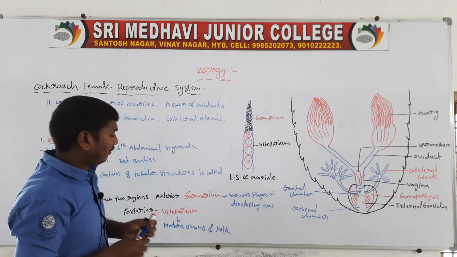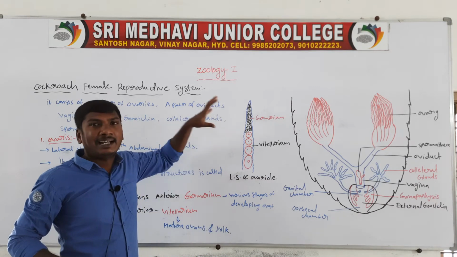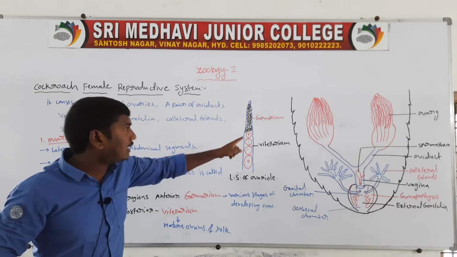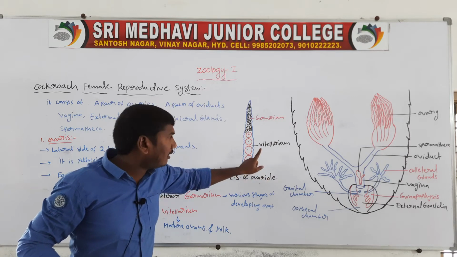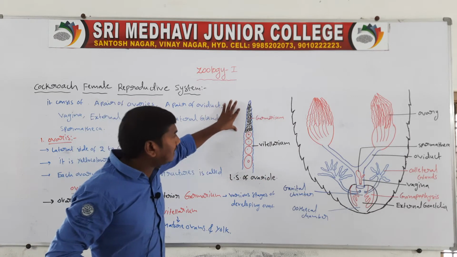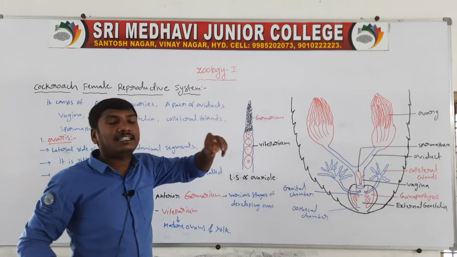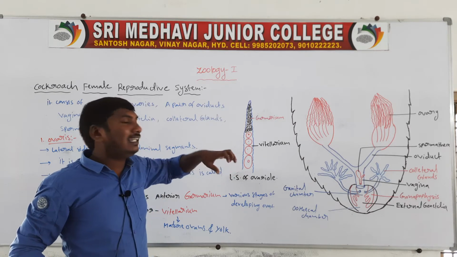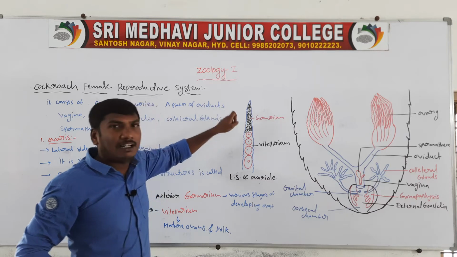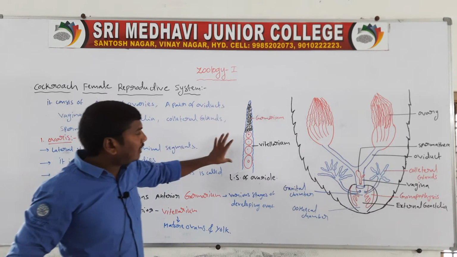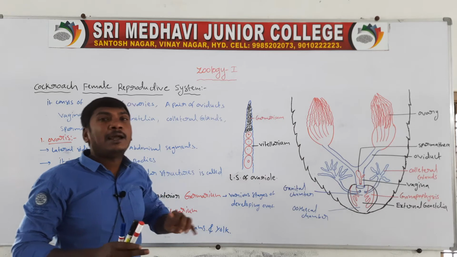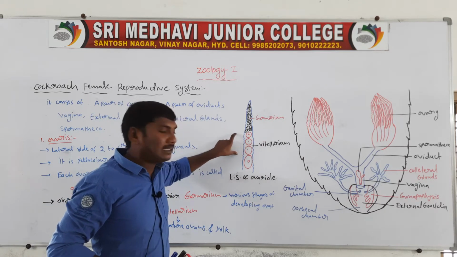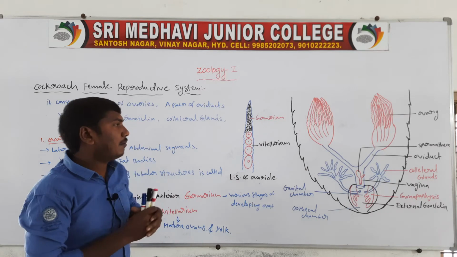So the yolk with yolk. These are the ovarioles. The ovarioles contain two regions. The anterior region is called the germarium, and the posterior region is called the vitellarium. The germarium region contains different stages of developing ova. The vitellarium region presents mature ova.